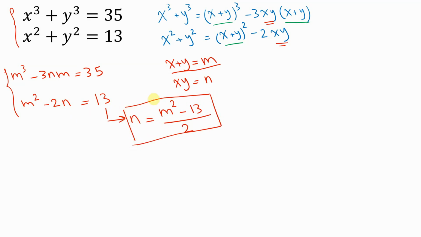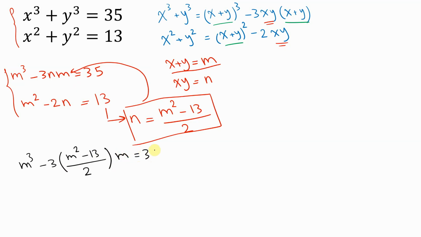Now I'm going to substitute this n into this equation and rewrite it again. So here we have m cubed minus 3 times n, which is m squared minus 13 divided by 2, times m